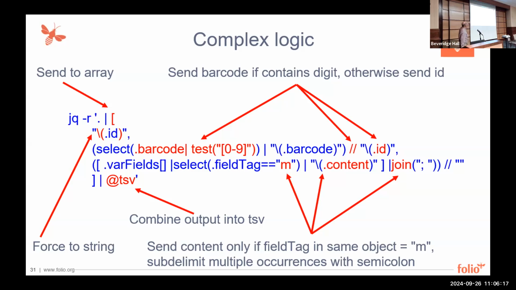And then the third line, you'll see a whole bunch of parens around it. Go into these variable fields, which could be an array, find all objects with this field tag, and take the content out of it. And if there are multiple instances of it, join it on a semicolon. And then if you don't find any objects following that, just give me an empty string, and then convert that to tab delimited. So one of the things we've done very concisely is we have some pretty cool logic